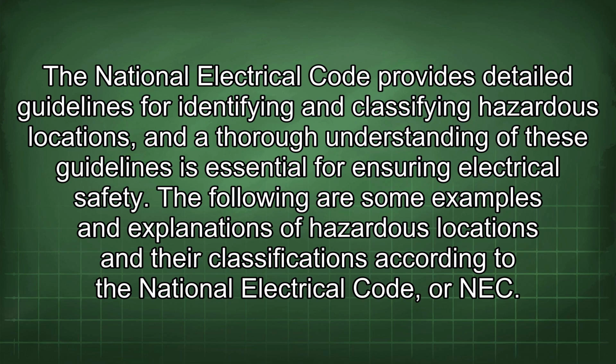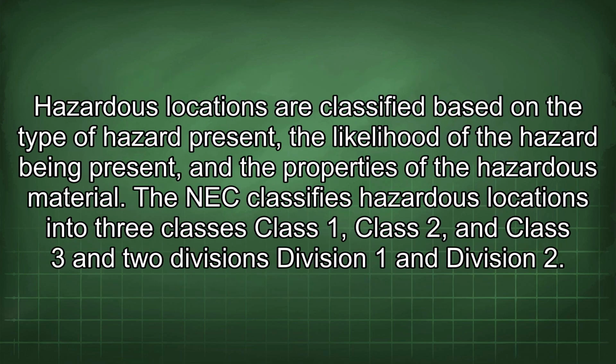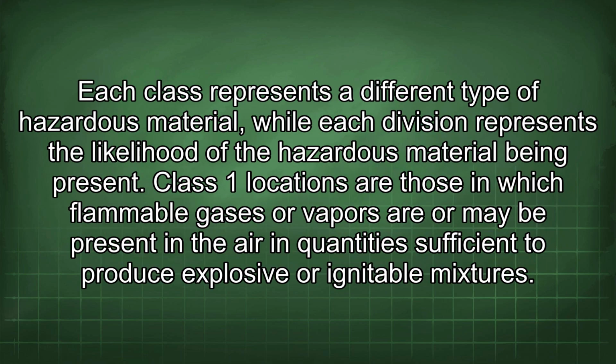The following are some examples and explanations of hazardous locations and their classifications according to the National Electrical Code, or NEC. Hazardous locations are classified based on the type of hazard present, the likelihood of the hazard being present, and the properties of the hazardous material. The NEC classifies hazardous locations into three classes: Class 1, Class 2, and Class 3, and two divisions, Division 1 and Division 2. Each class represents a different type of hazardous material, while each division represents the likelihood of the